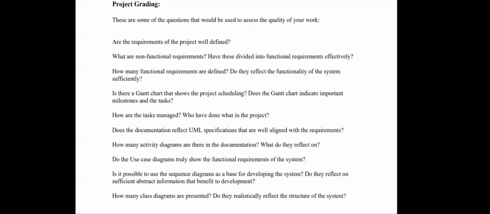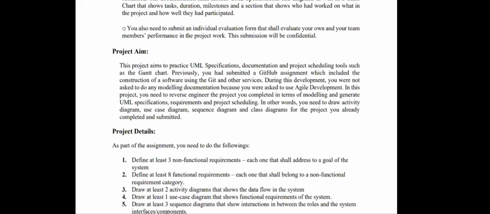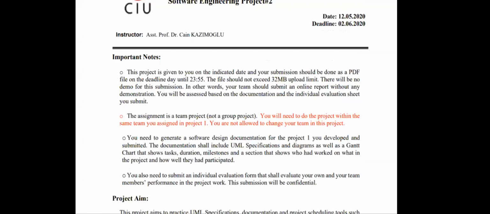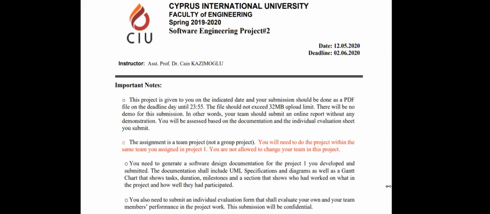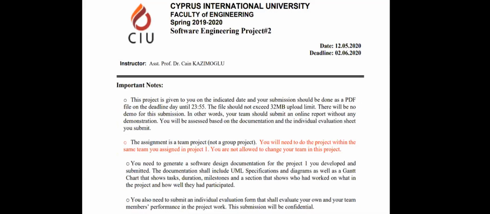Everything we built up so far, everything we had seen in the lectures was leading to this assignment. I think this assignment will teach you quite a lot about design and documentation. So if you happen to get a job in a big company, you will at least be aware of some of the methodologies they are using, or be in a situation that you can easily adapt to the documentation process and working with others. I think this is one of the most important courses you can ever take in your undergraduate degree. I cannot emphasize how important this course is.